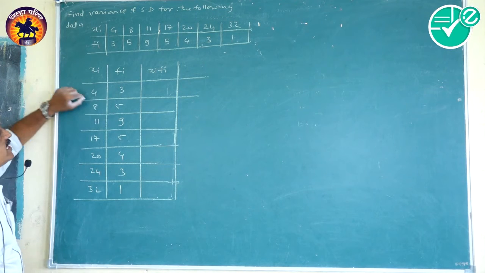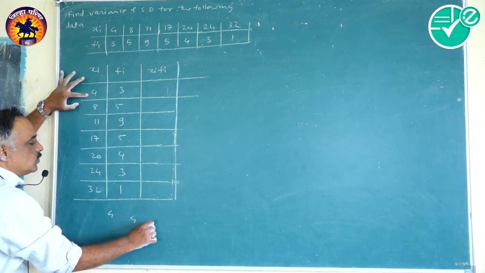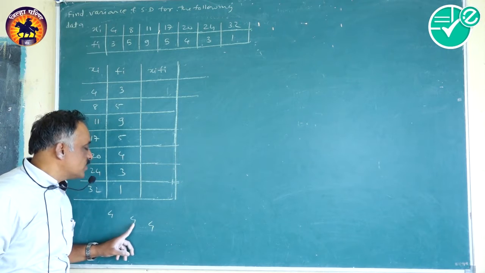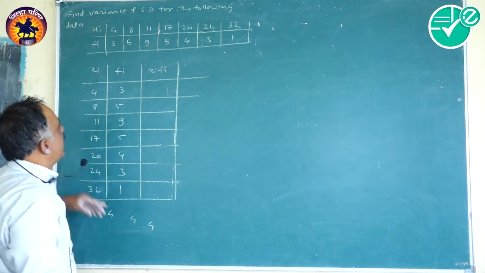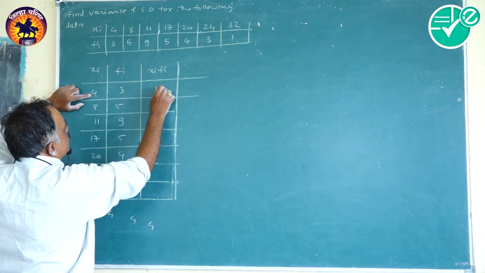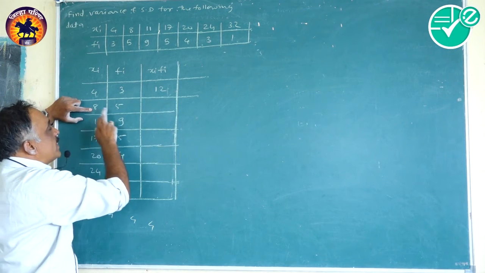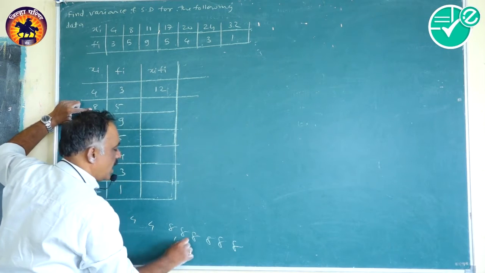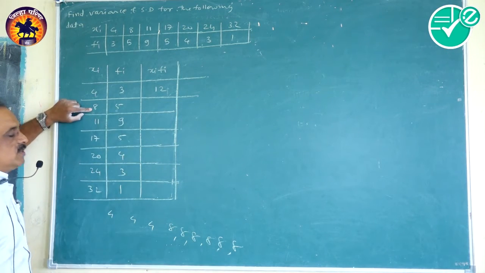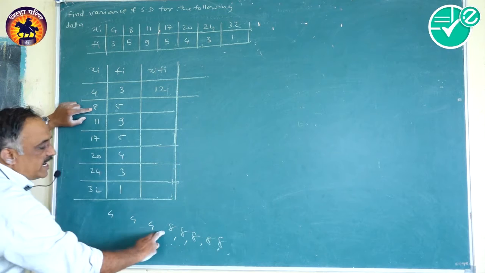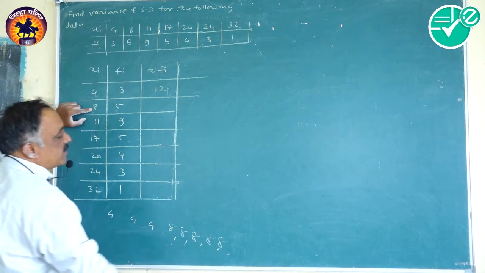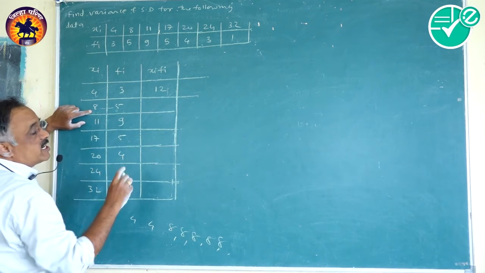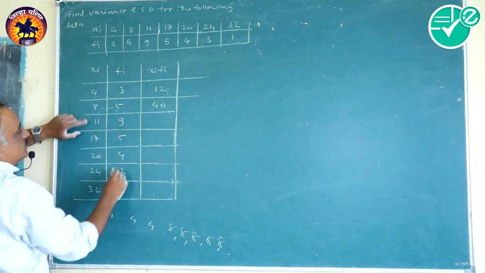But now, what does frequency 3 mean? 4, 4, 4 is given 3 times. Then of course what will their sum be? 4 + 4 + 4 that is equal to 12 and therefore it will be 4 into 3 that is equal to 12. Frequency of 8 is 5. It means that 8, 8, 8, 8, 8. How many times is it given? It is given 5 times. So 8 plus 8 plus 8 plus 8 plus 8, that will be 40. So it can be done by taking just the product of 8 and 5. It is equal to 40.